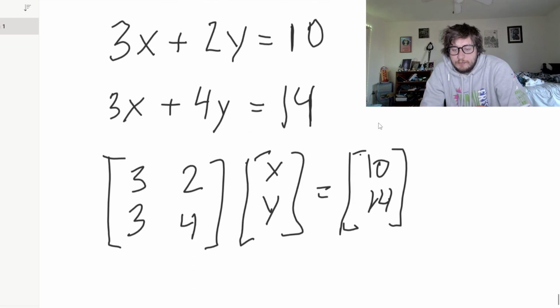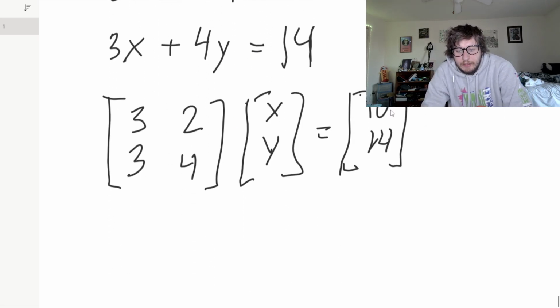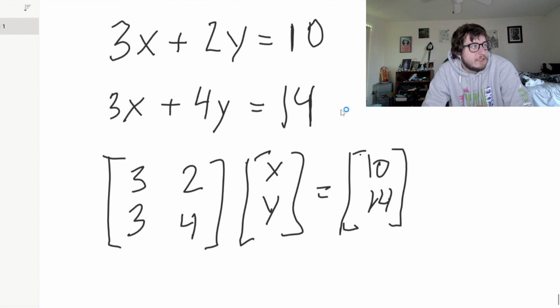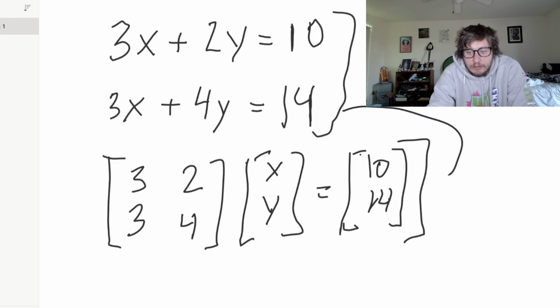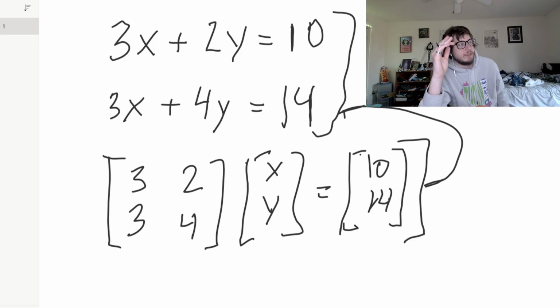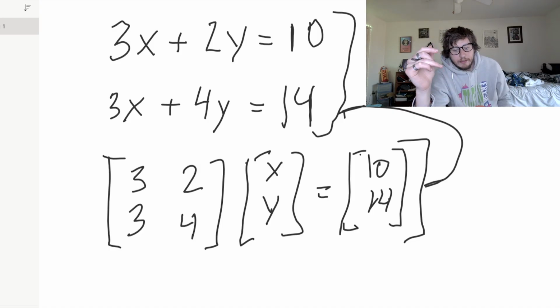And this and this are the same thing. They're the exact same expression, just written differently, but it means the exact same thing. So, with that,